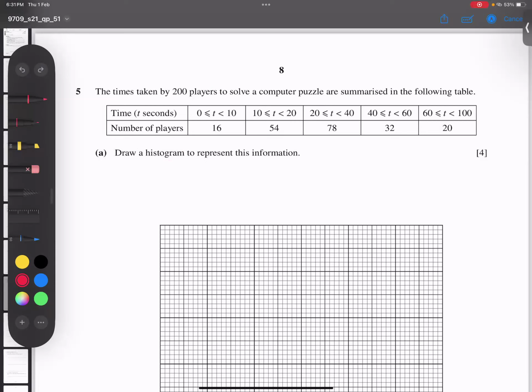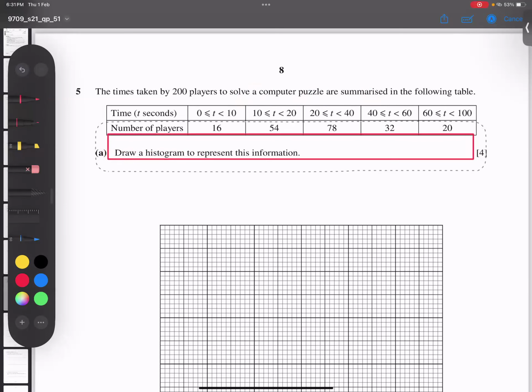First of all, check whether these class widths are the same. If these values are the same, this 20 and 20 the same, this 40 and 40 the same, this is called continuous data. So there is no need for class boundaries. We will make only one column, which I'm going to make now here, and that column name I'm writing here is